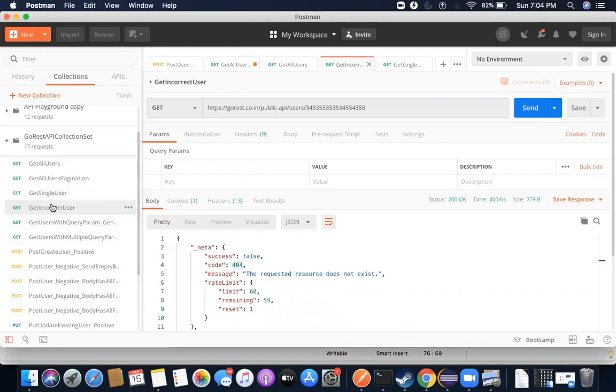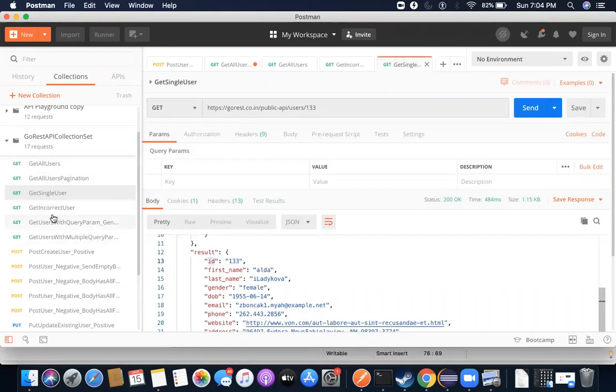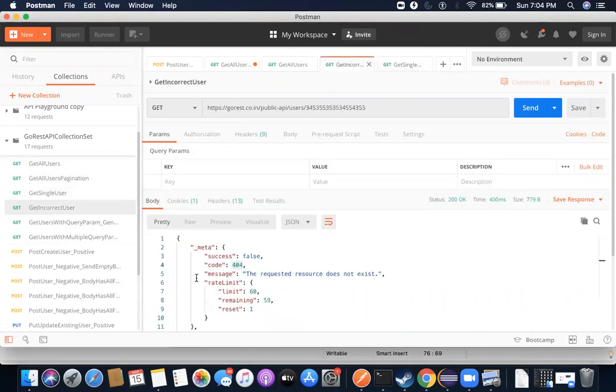Anyway, now the next test case is about a negative test case. So I have tested two things: positive, and this was also positive. I'll talk about negative test cases. A negative test case is all about you trying to break the system. Some incorrect information you are sending to the API, and you expect the API to respond in the right way. So in short, you are doing something wrong, but you expect your API or the software to respond in the right way. For example, I am writing some incorrect user ID here